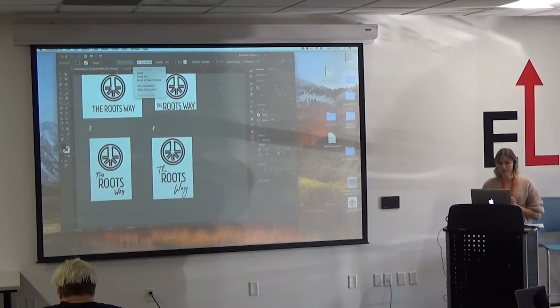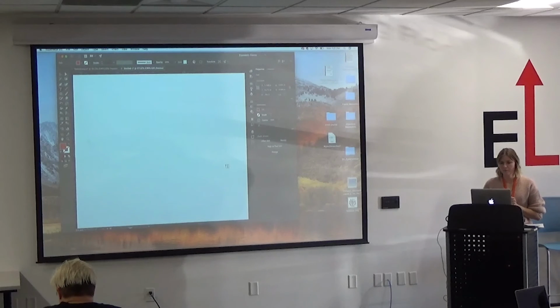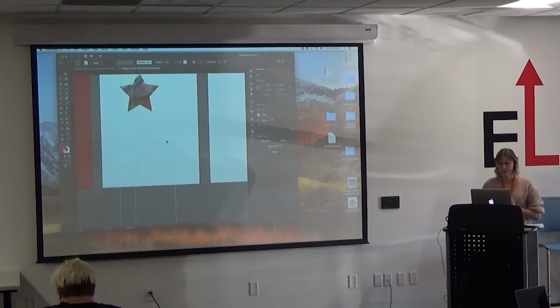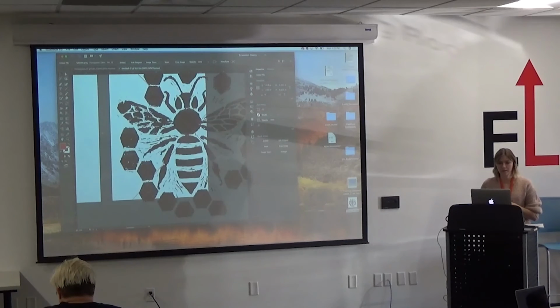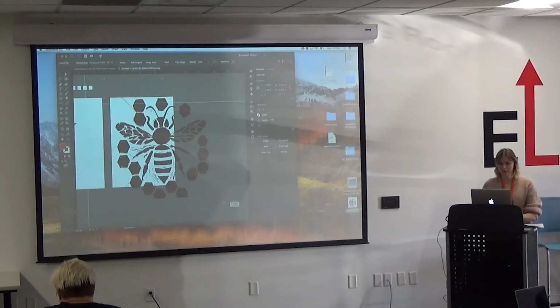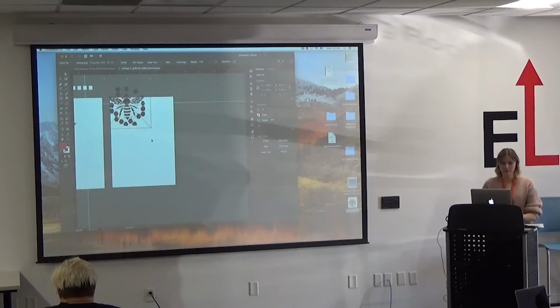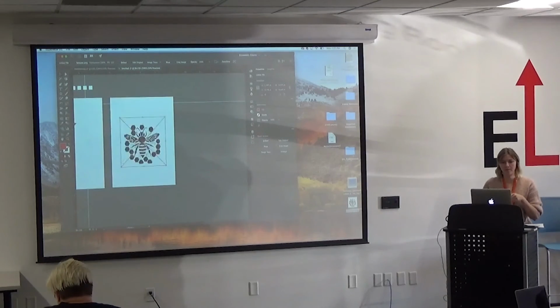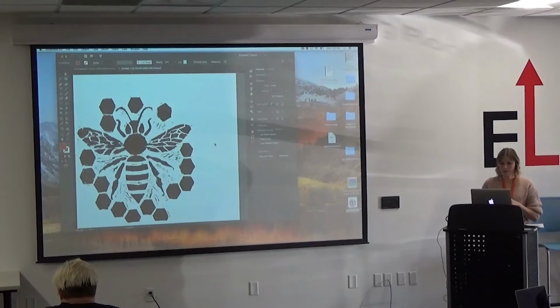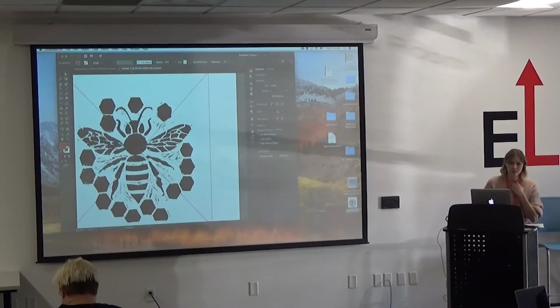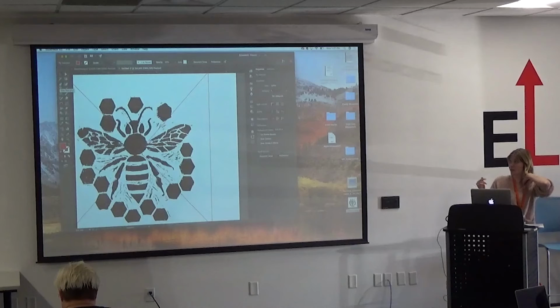gonna pull in projects. So if I had some sort of sketch or drawing and I wanted to vectorize it, so I did a little sketch on paper and I wanted to start vectorizing it a certain way, I usually go to my pen tool, which is P on the keyboard,